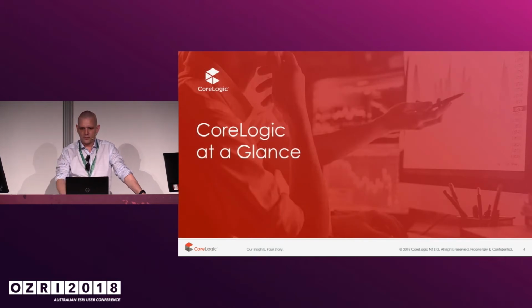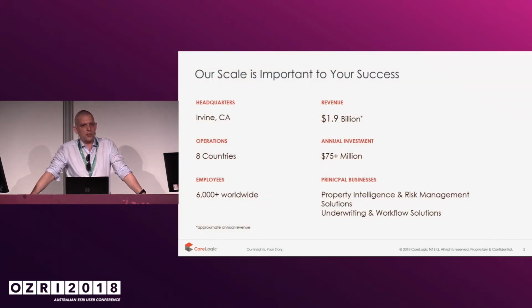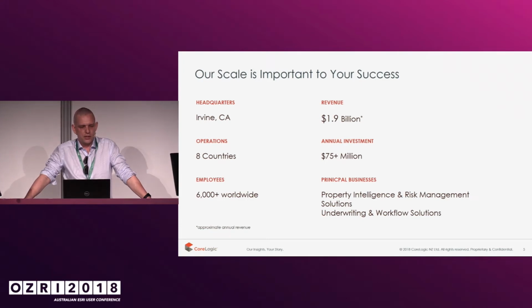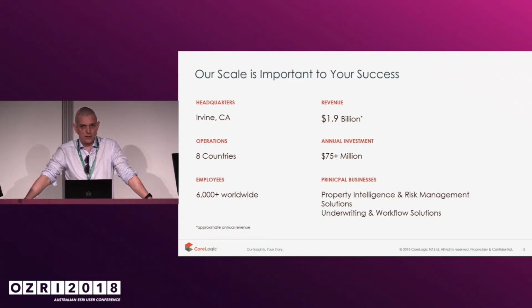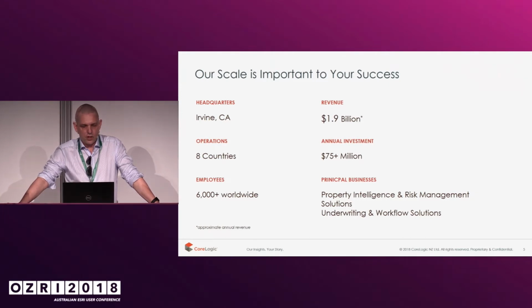So CoreLogic at a glance, who are we? CoreLogic's a multinational organisation based out of Irvine in California in the United States. We've got operations in about 8 countries. It's about 6,000 plus employees. We've got about $1.9 billion worth of revenue coming through, invest about $75 million. And our principal business is really around property intelligence and risk management and solutions, underwriting and workflow solutions, although the latter of the two there at the bottom, they don't really apply so much to the New Zealand and Australian